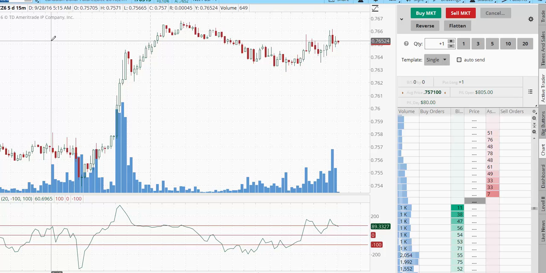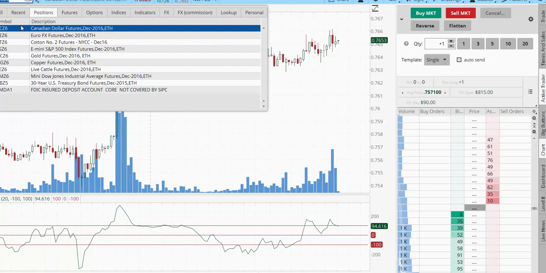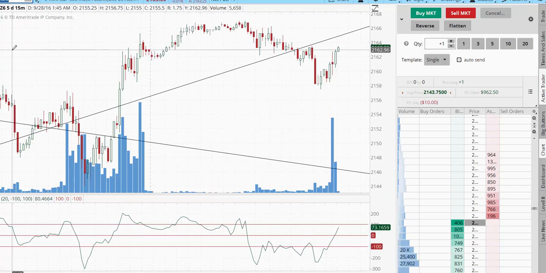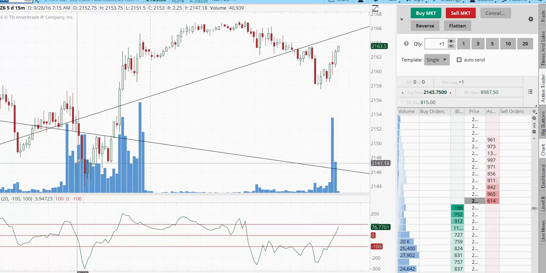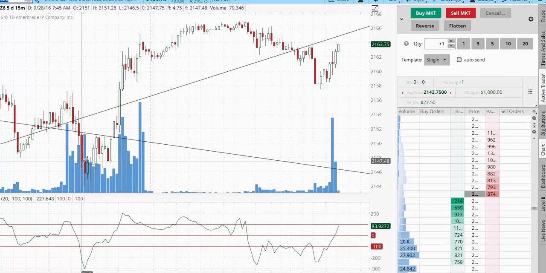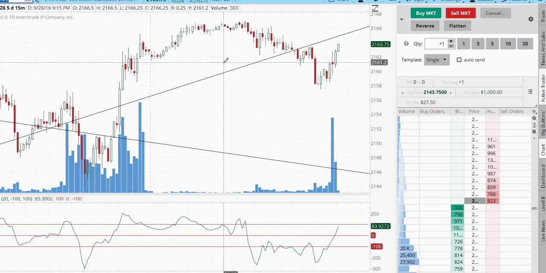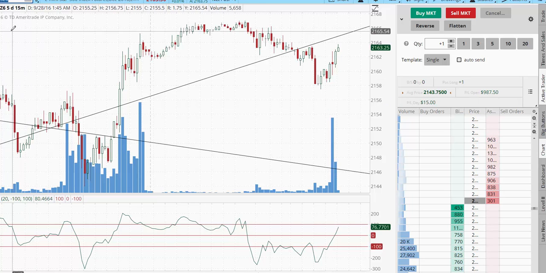It was a guy who was out there pushing that after the first debate, Trump would win big time and the market would tank. And well, we know that. Let's take a look. Did the market tank? No. This is a 15-minute chart of the last few days, and the debate was a few days ago, and the market is paying us out, those of us who have long positions.